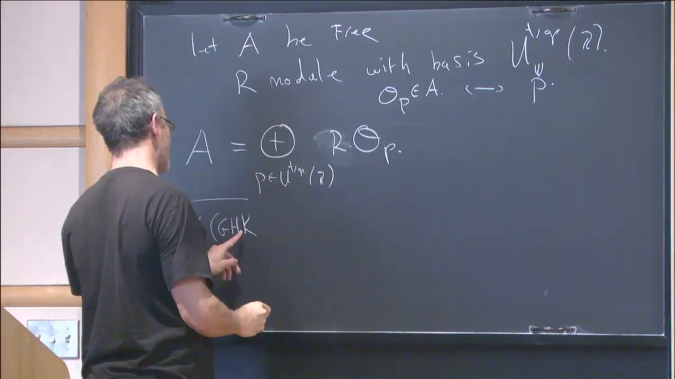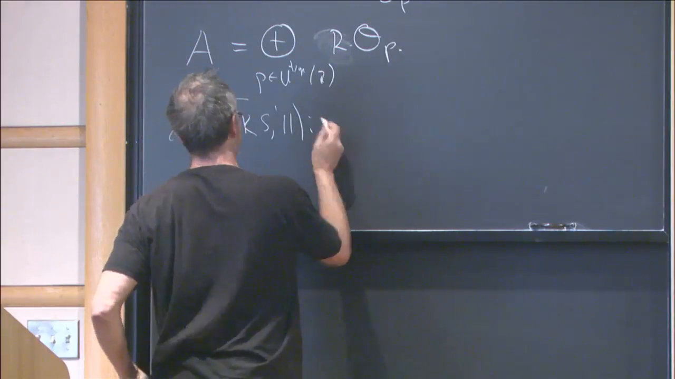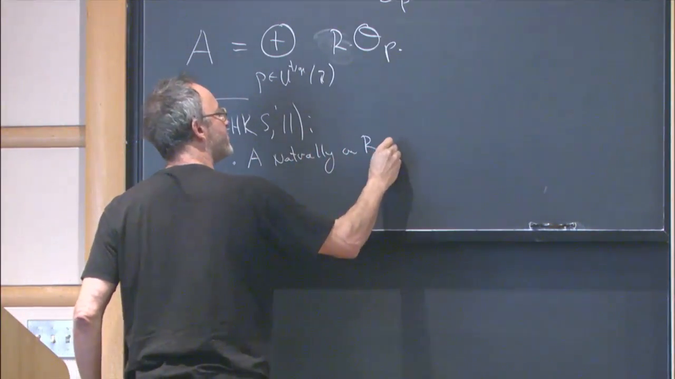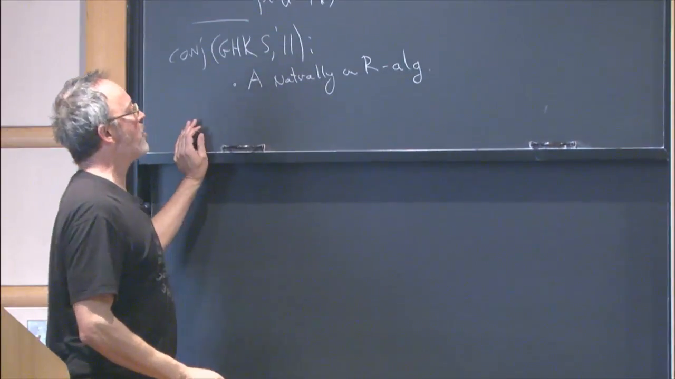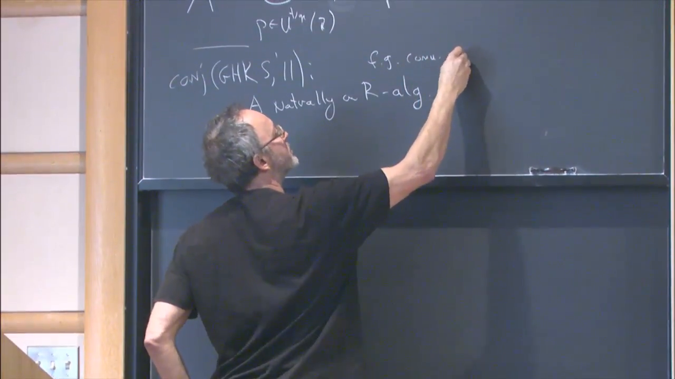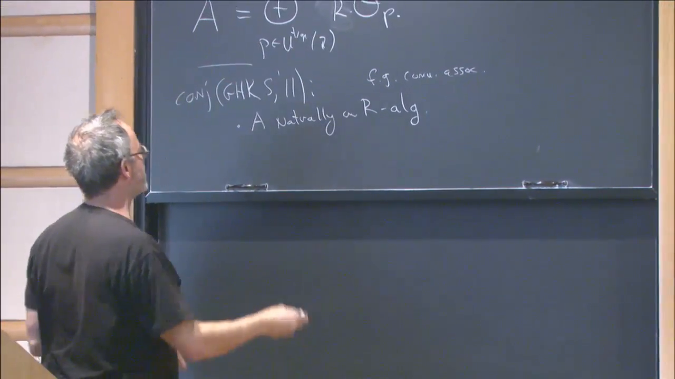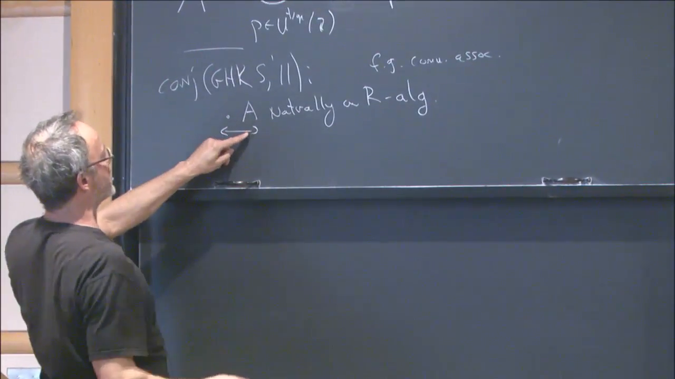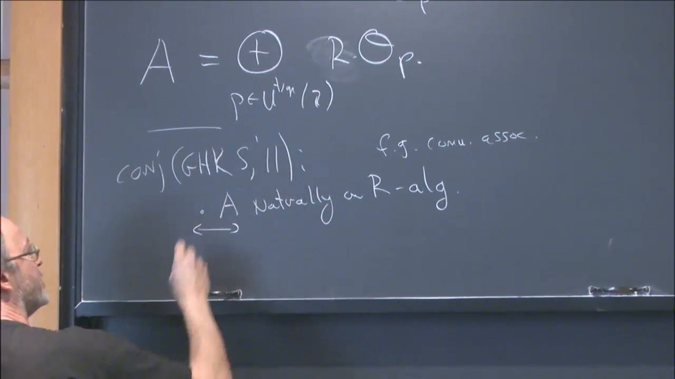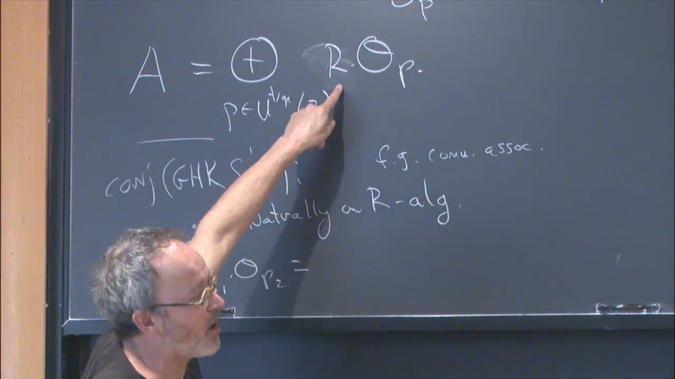So the conjecture with Gross-Hacking-Keel-Siebert from about 2011 is that this thing is naturally an algebra. So A is naturally an R algebra. As I stressed last time, what does that mean? And when I say algebra, I mean finitely generated commutative associative R algebra. What does it mean to make this an R algebra? To give the algebra structure is equivalent to giving you the structure constants for multiplication. So what I really have to tell you is, if I take theta P1 times theta P2 and I expand it out in this ring, and I use the fact that R itself has this basis